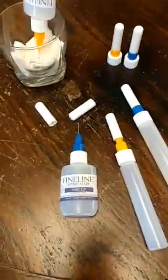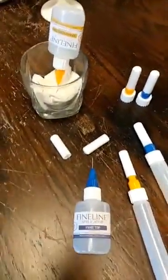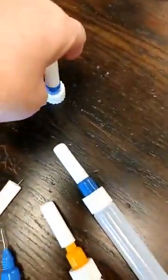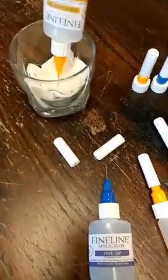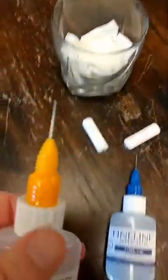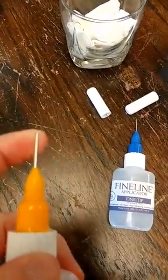I wanted to let you know that we did get the Fineline Applicator bottles back in stock, finally, hooray, as well as the replacement caps for both sizes of bottles. So if you are in need of any of these, they are back in stock. We sell the Fineline Applicator bottles empty, but of course we also offer to fill them for you with some